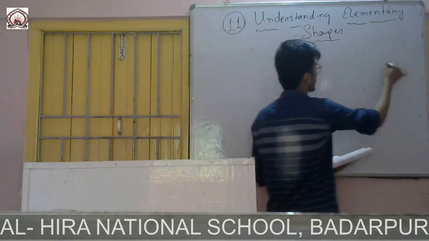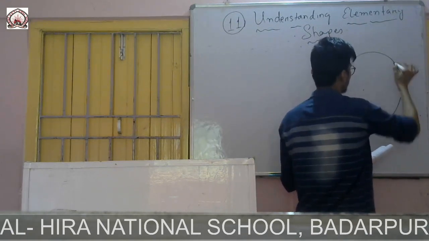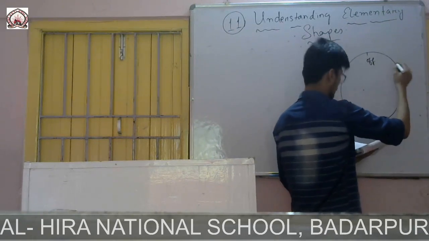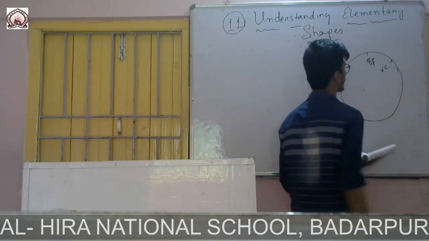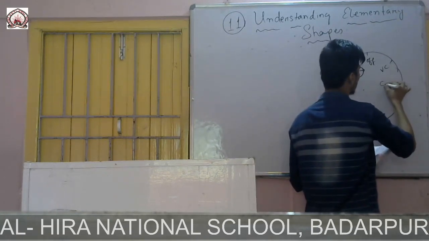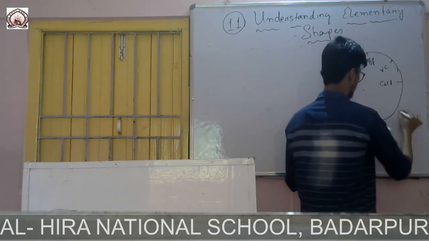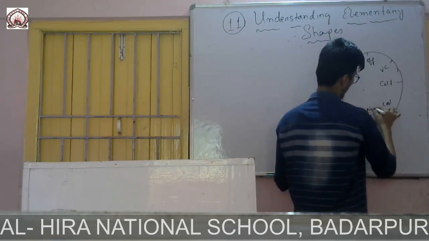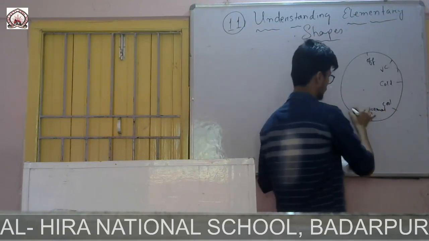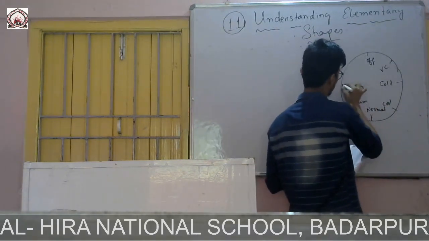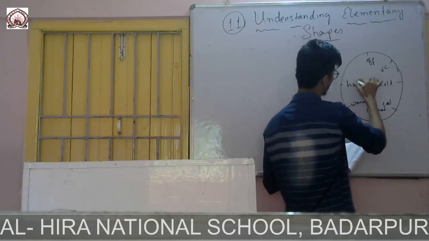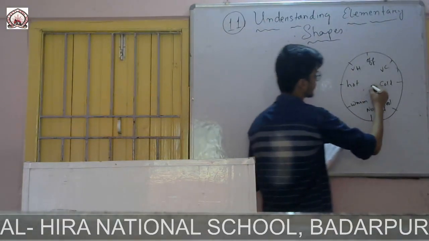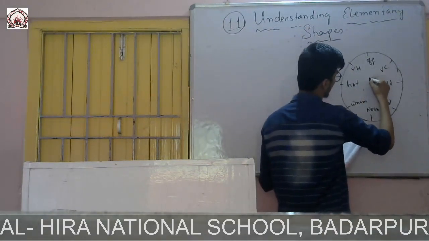You see there is a figure given like this, and this one is given as off. The next one, it is very cold. I am writing in short form. Then it is cold, then again it is cool here, then it is normal, then it is warm, then it is hot, and it is very hot. I am writing in short form, and there is a pointer given like this.